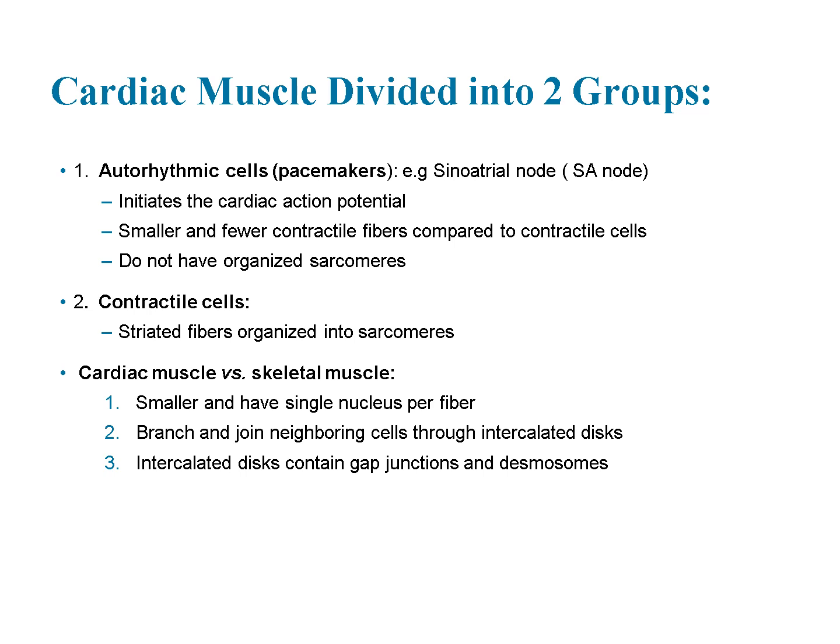When comparing cardiac muscle to skeletal muscle, there are several key differences. Cardiac muscle fibers are smaller and contain only a single nucleus per fiber. They also have a branching structure that allows them to form a connected network with neighboring cells through specialized intercalated discs. These intercalated discs contain gap junctions, which facilitate electrical communication, and desmosomes, which provide structural stability by holding cells together during contraction. Together, these cellular components ensure that the heart functions as a synchronized, efficient pump, maintaining continuous circulation